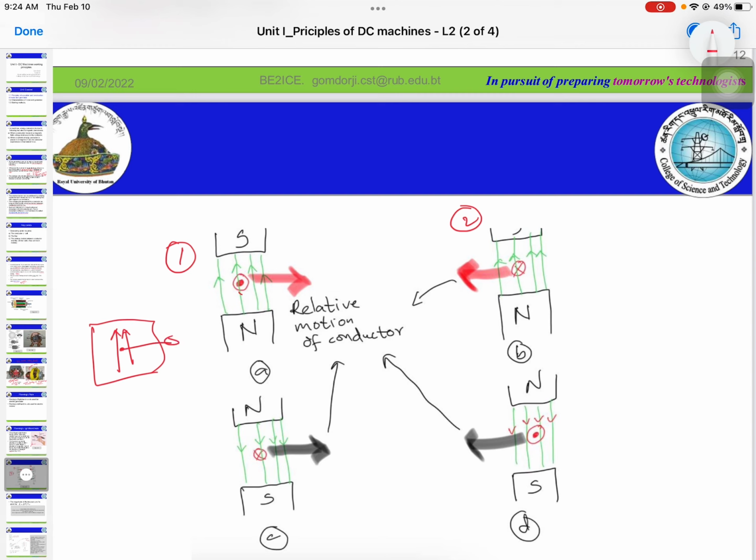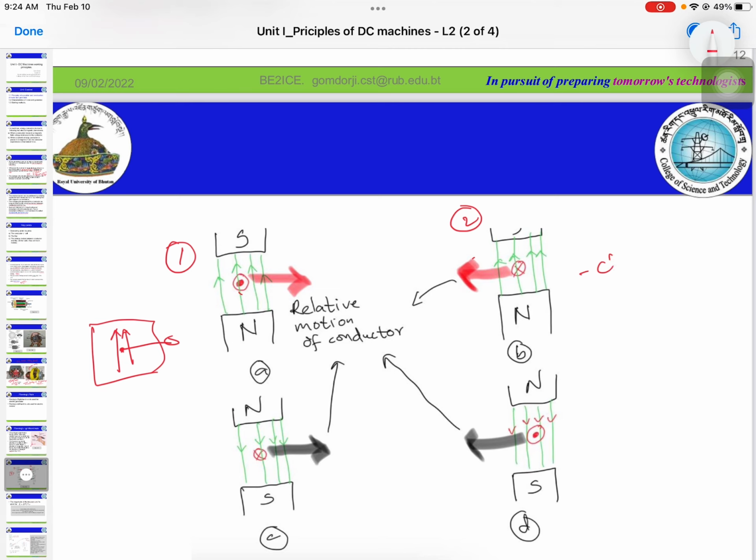In that case, if you apply Fleming's right hand rule, the current will be moving towards the observer. In the second figure, the rotor direction is changed, the relative motion of the conductor is from right to left, so your current direction is moving away from the observer,